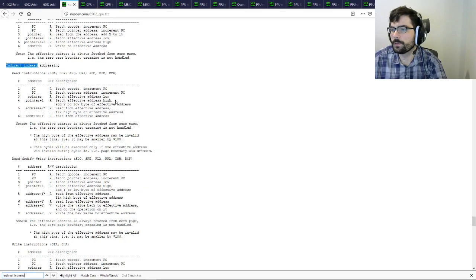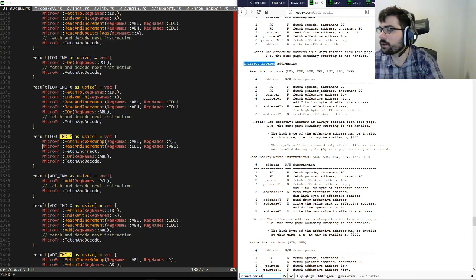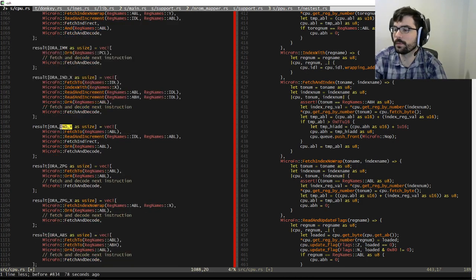Okay, so fetch opcode is fine. Fetch pointer address, increment PC. Fetch effective address low. Fetch effective address high. Add Y to low byte of effective address. Okay, so this isn't actually what the problem was.